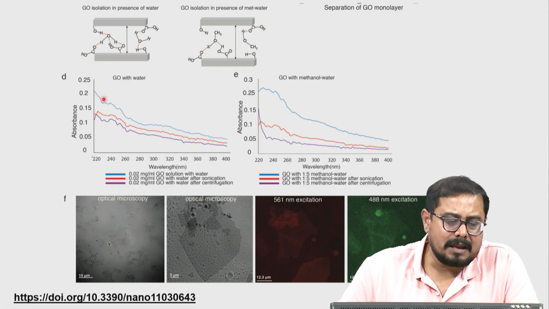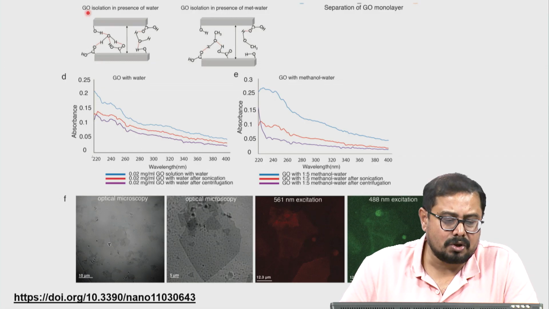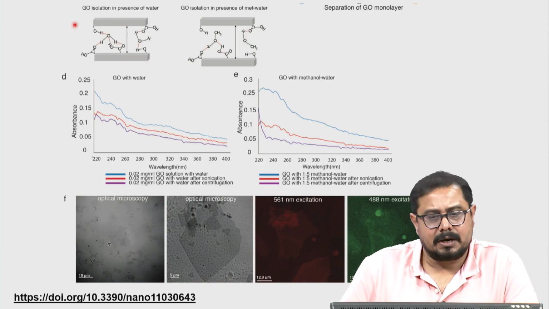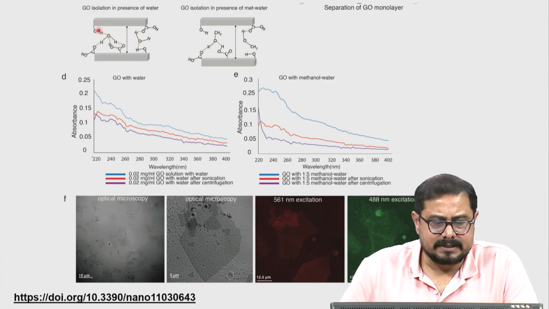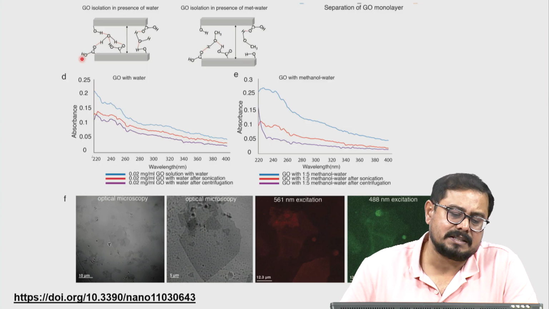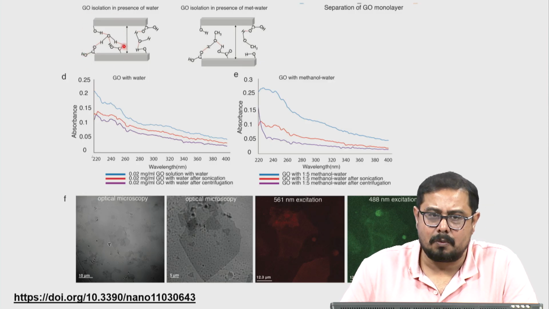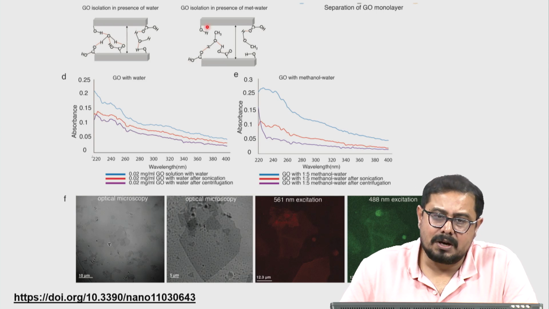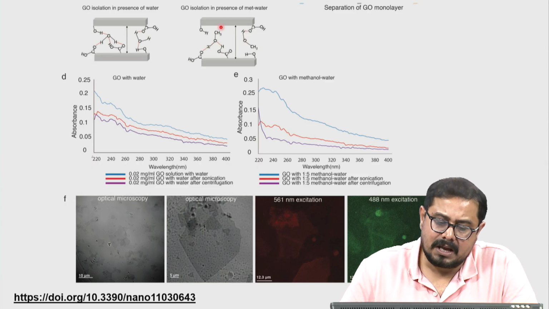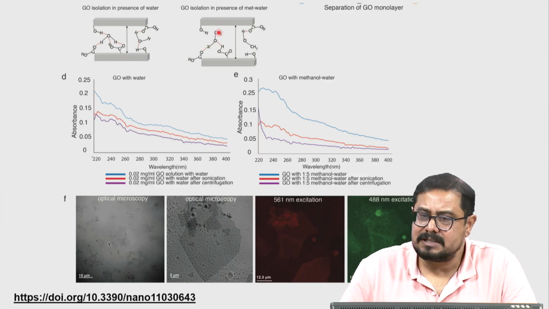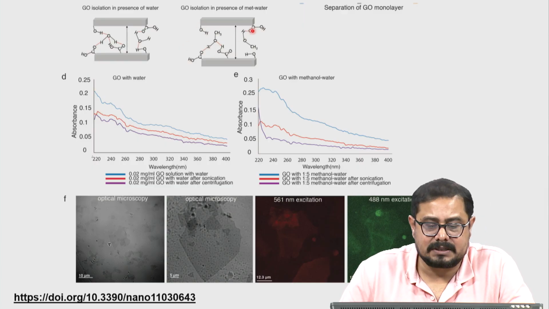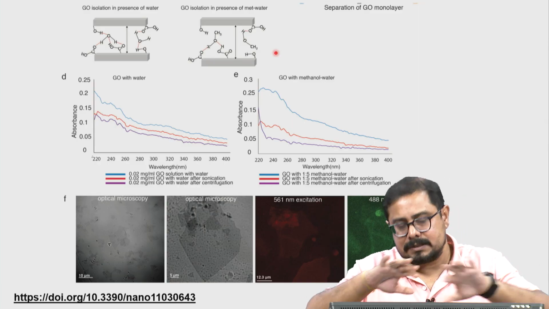Here I was discussing that when we have only water, there is a high chance that graphene oxide, which has functional groups such as epoxy, OH and COOH groups, will interact with the water molecules and will not separate easily. Where we have OH or COOH functional groups, if we use ethanol or methanol, we have a CH3 functional group which cannot form a hydrogen bond with the other functional groups. That basically helps us to separate those